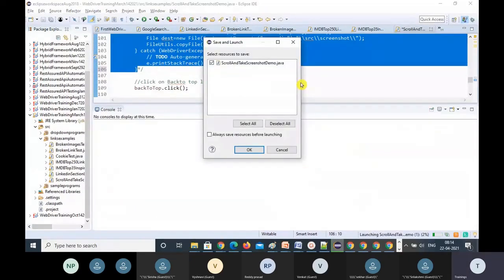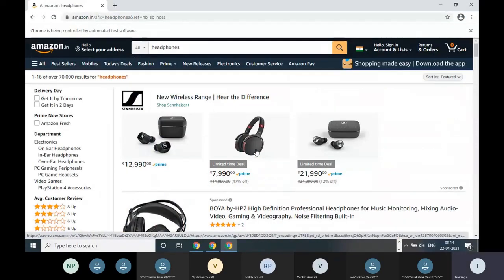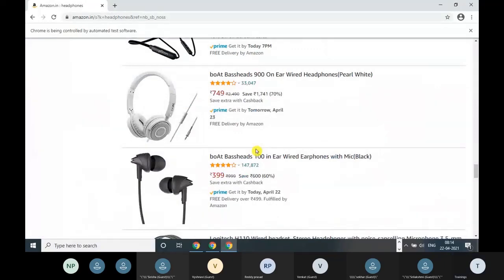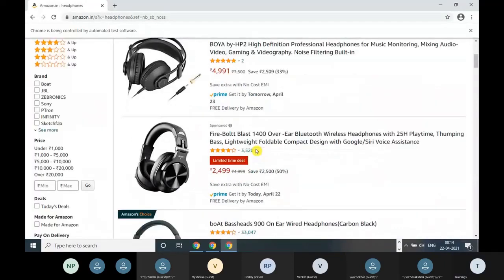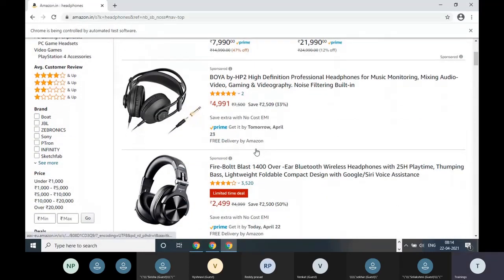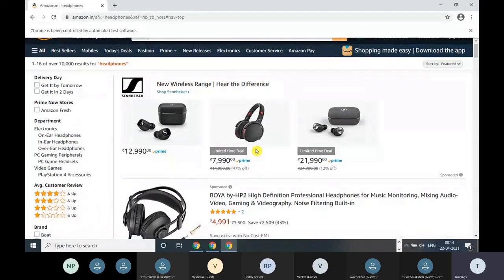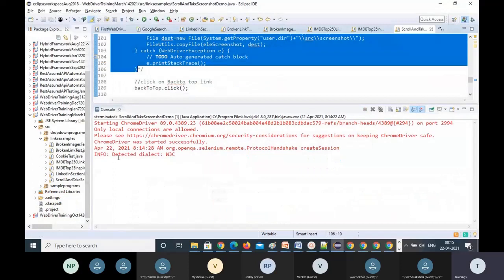So is back to top clicking or not? You're going fine, and again scrolling up. Again scroll down with the JSX, scroll up with the JSX. And yes, now it's going fine. You see that. This is the keys enum related. And the browser is perfectly closed. We can see all the screens.